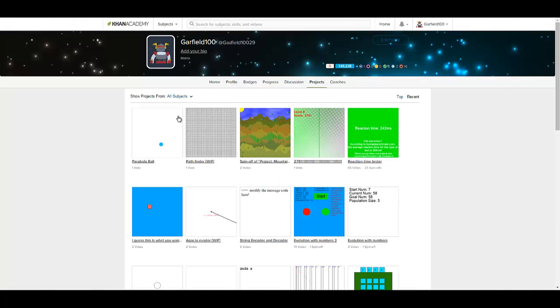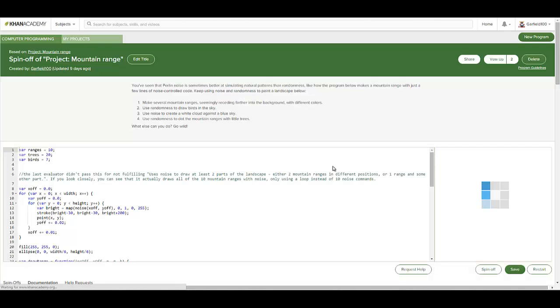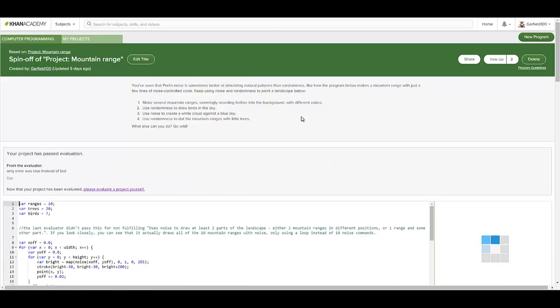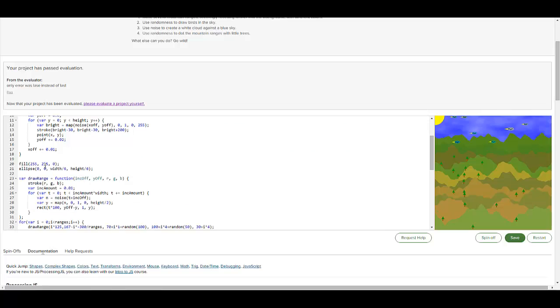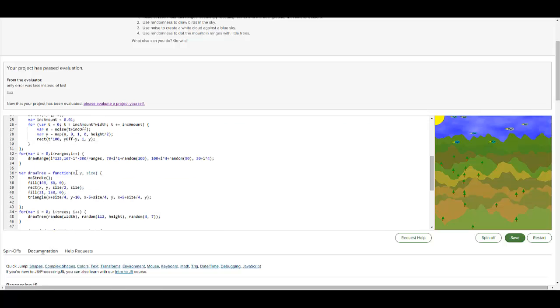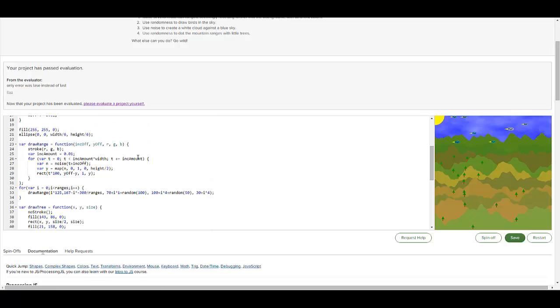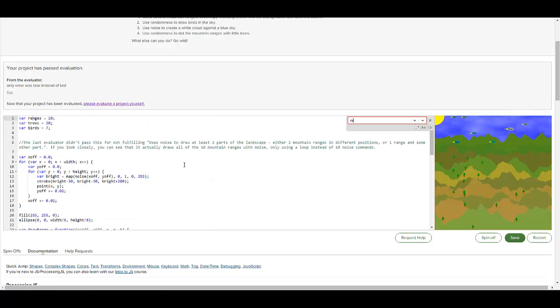But you have to understand that when you program something on this web page, it's in JavaScript, and you have to program it absolutely from scratch. So, for example, these mountain ranges, you have to program every last bit. This works using noise. Where is it? Noise. Yeah, so here you can see noise.